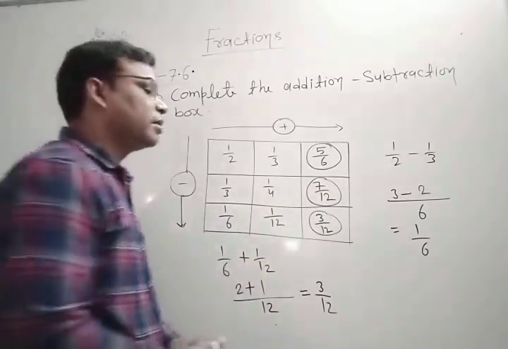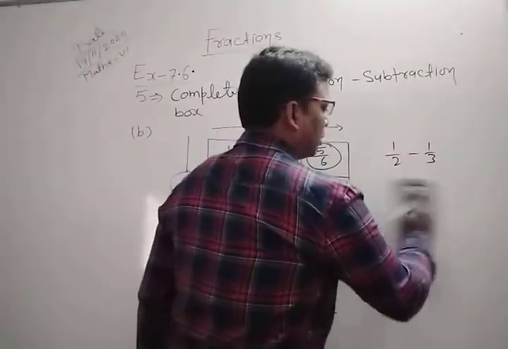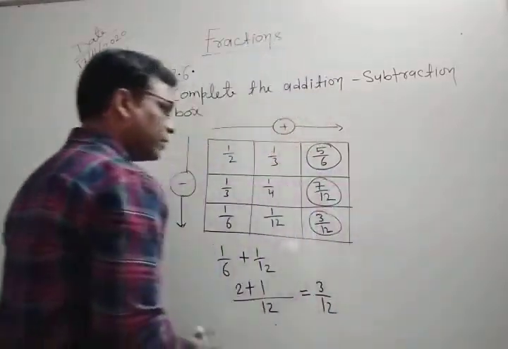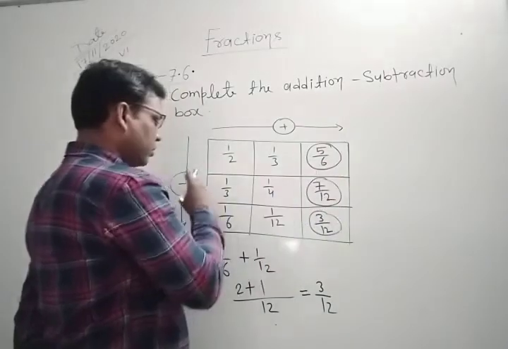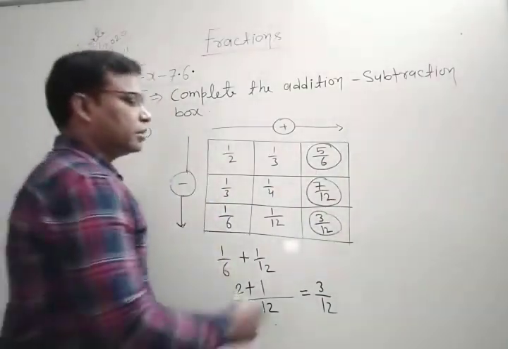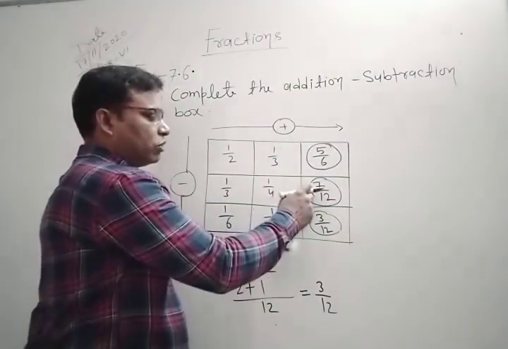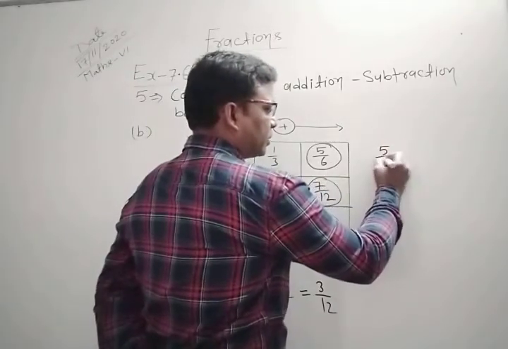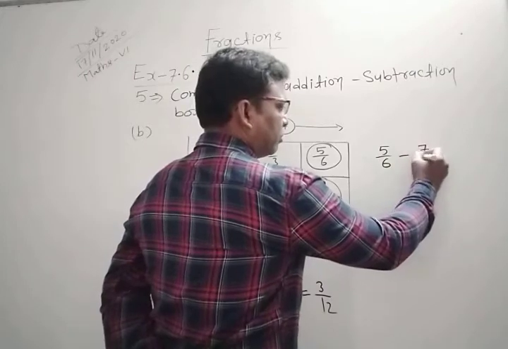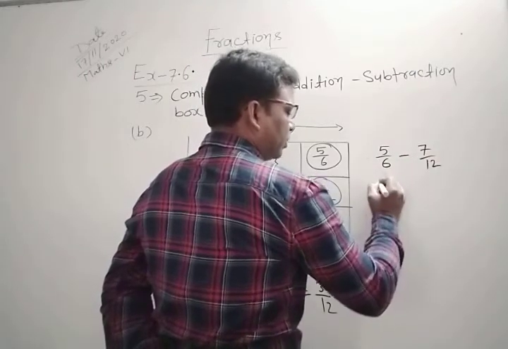So let's see what the rules are. If you want to fill this bracket according to this array, it means that you subtract 7/12 from 5/6. So you can write 5/6 minus 7/12. This is equal to